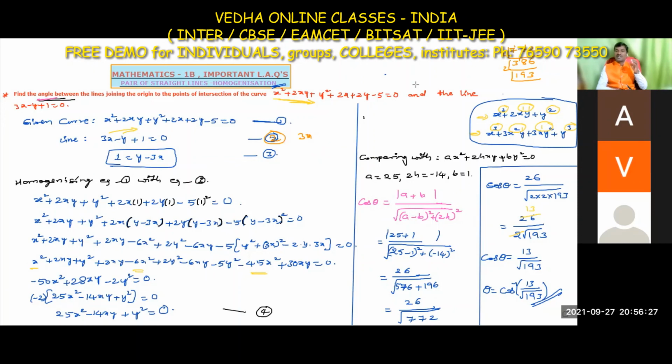It is a pair of straight lines equation. Straight line means ax plus by plus c equals 0. Just like we have the a plus b whole square formula, like that there is the pair of straight lines equation: ax square plus 2hxy plus by square. It is a formula. Just revise it once, twice, so that you can easily remember that formula.